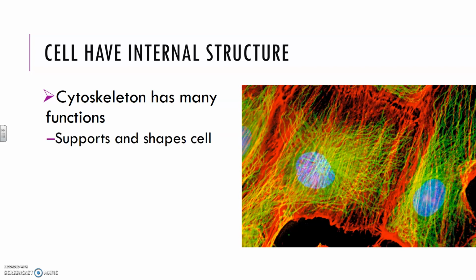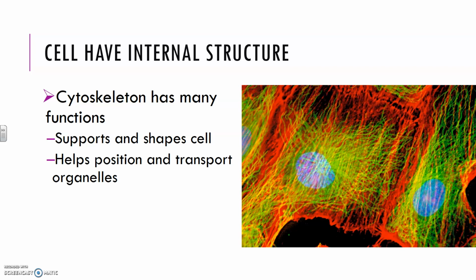It supports and shapes the cell, so it holds the sides in and basically offers the support structure inside the cell so that the cell doesn't just wobble apart. It also helps to position and transport organelles. So it is sometimes referred to as the highway system within the cells. The different organelles can attach onto the cytoskeleton and get moved around the cell